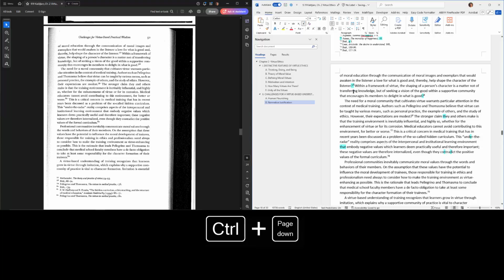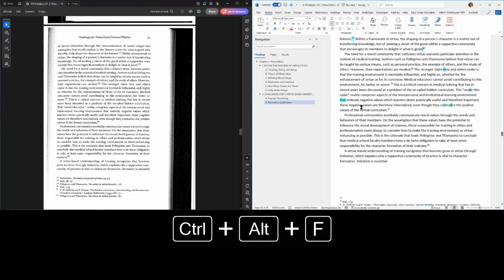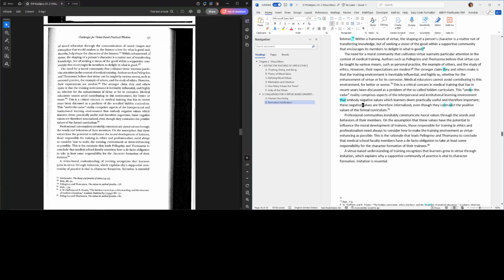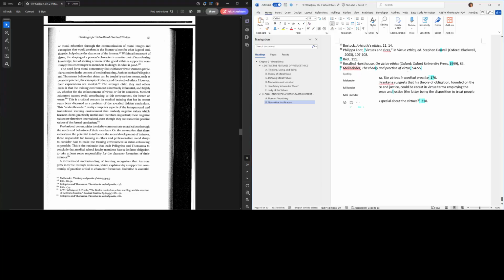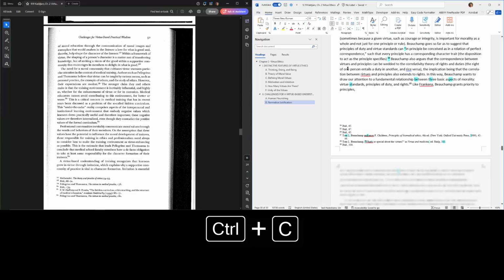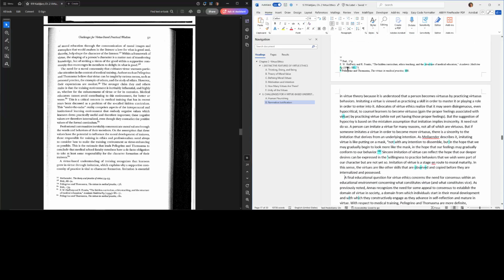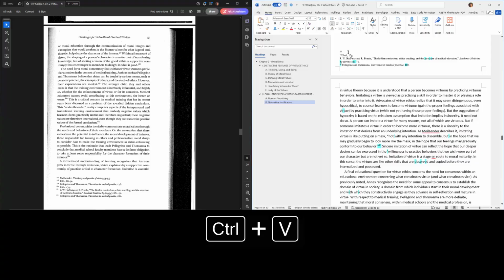Listener is supposed to be 77 and not question mark 7. So footnote. And now I have a placeholder and it's probably at the end. I'm actually not going to do Control Page Down this time because it keeps moving my page in the PDF. So I'm going to highlight that text for 77, use my Page Up key. I guess I could have just used my Page Down key to get down there. But Control Page Down is the thing that synchronizes; Page Down by itself does not synchronize pages.